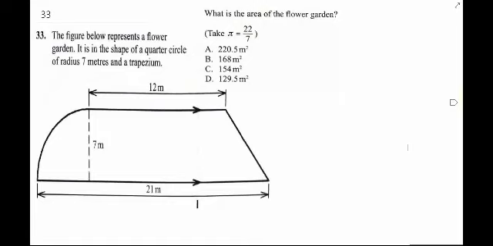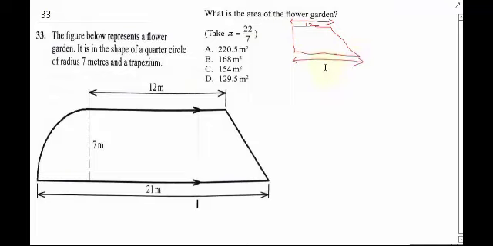Now, question 33 says the figure represents a flower garden. It's in the shape of a quarter circle of radius 7 meters, and a trapezium. What is the area of the flower garden? Now, in order to find it, first of all, let's consider the shape, the trapezium. Now, this is our trapezium. So we're going to consider the 2 shapes. From here to here, it's 12, and here to here, it's going to be